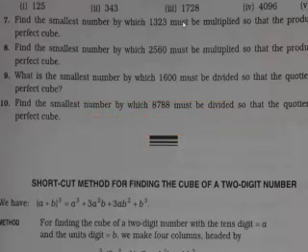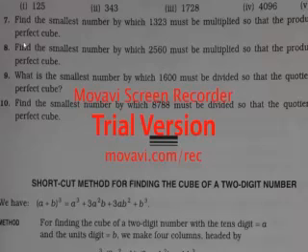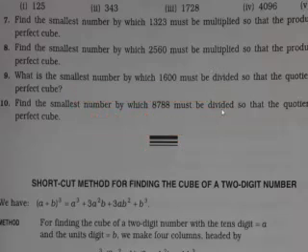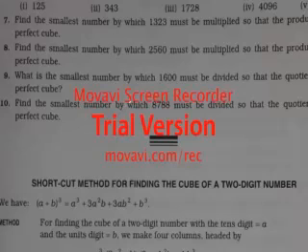I found that in yesterday's class and previous online classes also, you were asking about the solution of this shortcut method of finding cube. Today I will be discussing that also, and the remaining two, because there are four questions and they are similar. In both 7 and 8 it has been said by which number it should be multiplied to make it a perfect cube, and in the remaining 9 and 10 it has been said by which number it should be divided to make it a perfect cube. So 7 and 8 are of the same type, and 9 and 10 are of the same type.